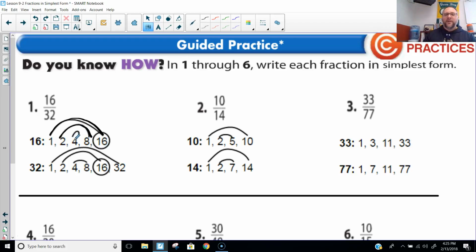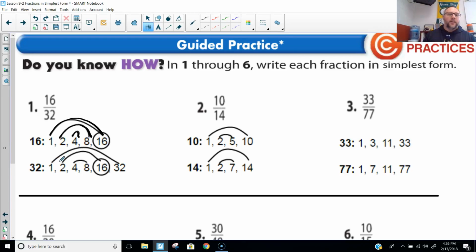I ask myself, is there a number I can multiply 3 by to get 16? Let's see, 3, 6, 9, 12, 15, 18. Nope. Let's try 4. 4 times 2 is 8, times 3 is 12, times 4 is 16. Oh yeah, 4 times itself. So I simply put the 4 in the middle and draw a little line connecting it to itself. Then what I do is list all my